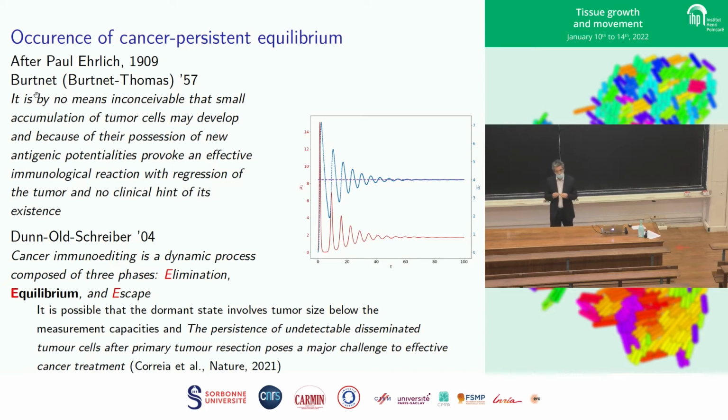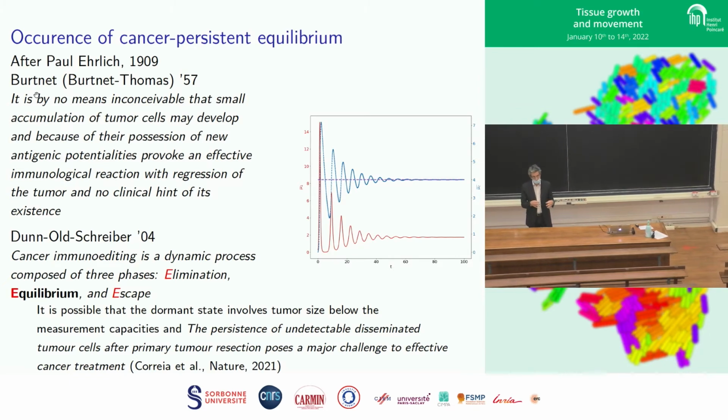And again, it is possible that this equilibrium is below the detection limit. And the challenge is precisely after a surgery. Very likely you cannot eliminate all the tumors with the surgery. Some cells remain somewhere. And the challenge is to predict what will be the future of the small tumors below the detection limit that